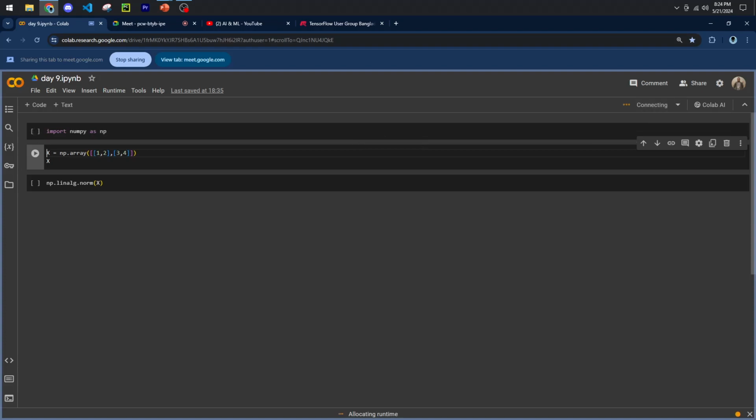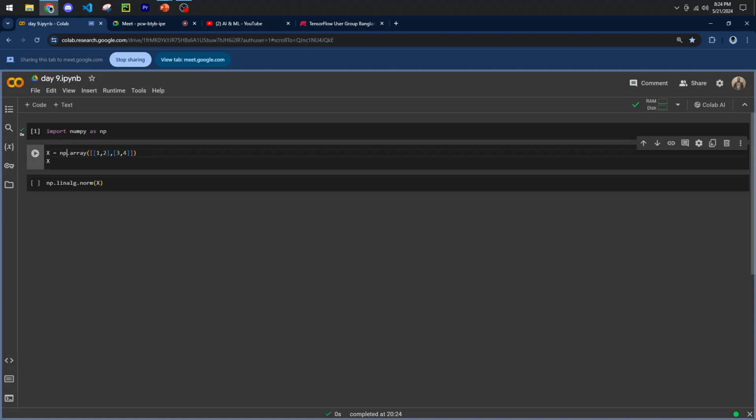At first, let me connect my Colab. It is connecting. Yeah, it is connected. At first we will run our numpy cell here. We're importing numpy as np. It connected. Now we're here, we got a matrix